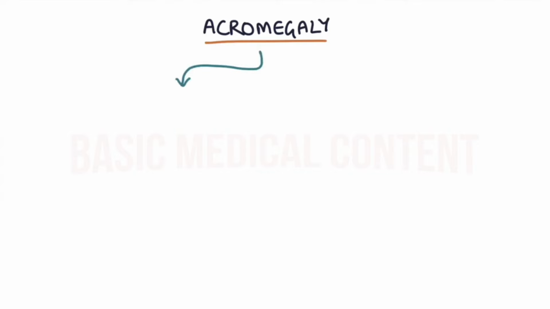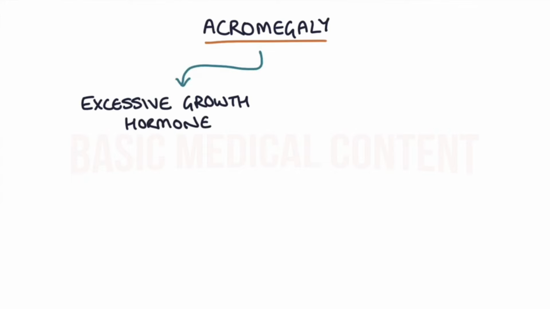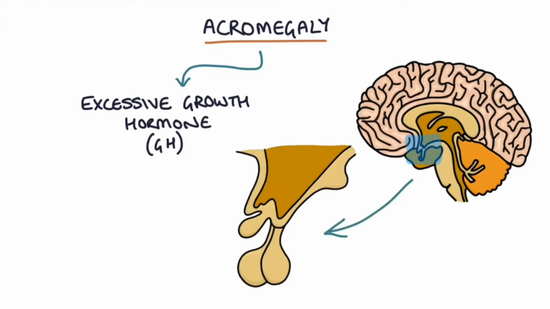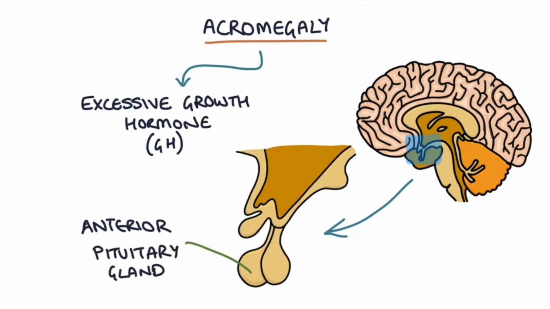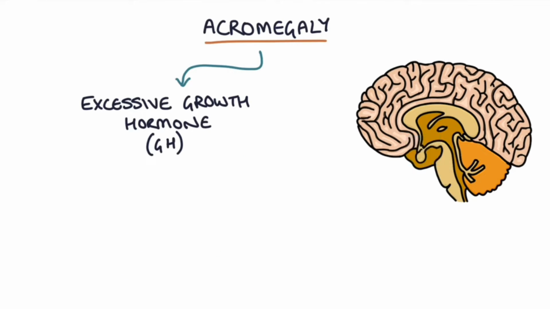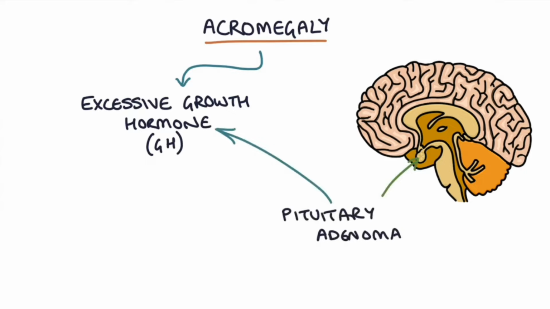In this video I'm going to be going through acromegaly. Acromegaly is the clinical manifestation of excessive growth hormone, or GH. Now, growth hormone is produced by the anterior pituitary gland. The most common cause of unregulated growth hormone is a pituitary adenoma, so a hormone secreting tumor of that pituitary